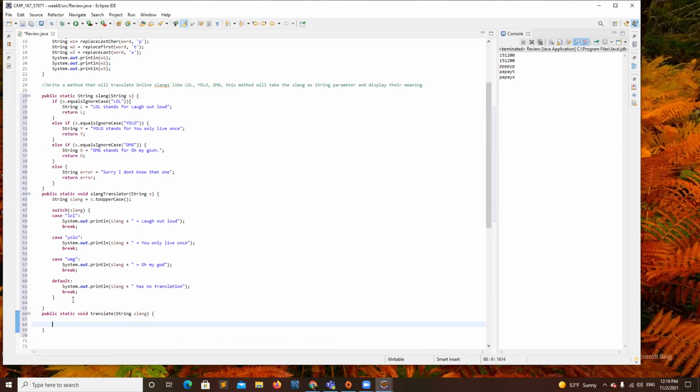There are so many different ways that I could do it. For example, if I were really going to do this, I could have a dictionary, a hash map.